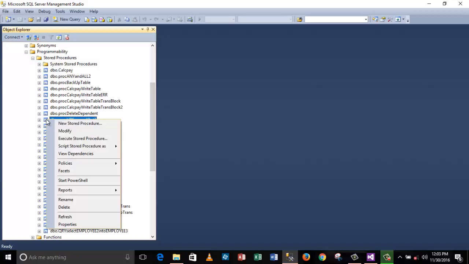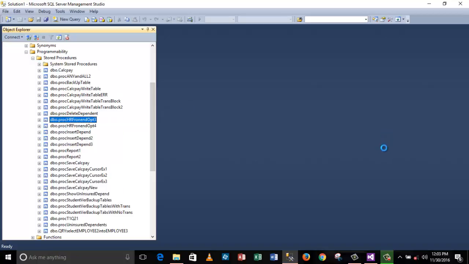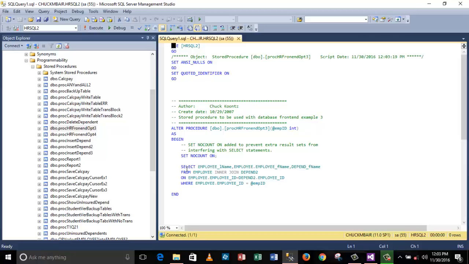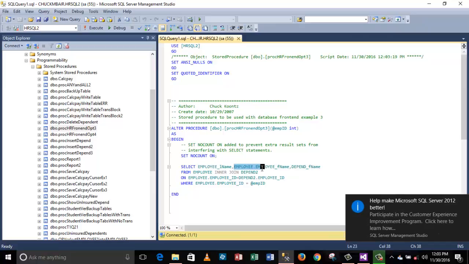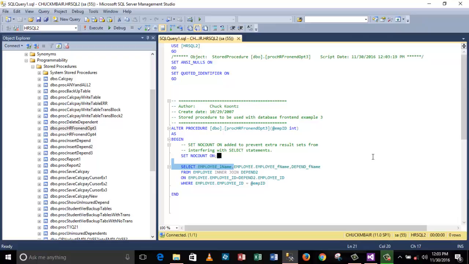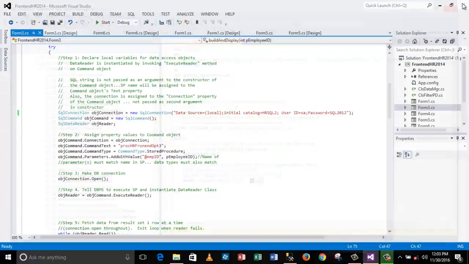If I look at the program code behind this, I see that it's just an inner join of the employee and the depend table, and that I'm projecting 1, 2, and 3 columns. Okay, so fairly simple, straightforward SQL. And you'll notice my where clause uses the parameter value and that the parameter name is @imp_id. If I close that up,